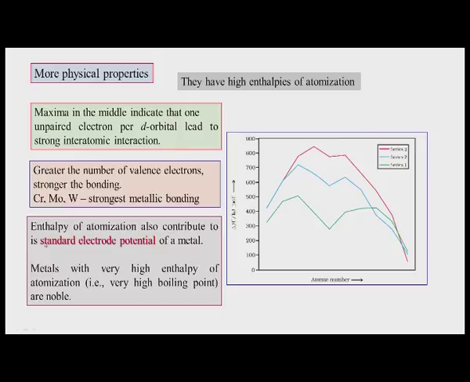So, once we discuss the oxidation state, the corresponding enthalpy of atomization also can contribute to the ionization process. So, the ionization process is also important for knowing the electrode potential of the metal. So, metal first goes to the atomic state. For going to that atomic state, we need to talk about these enthalpies of atomization. So, enthalpy of atomization is an important contribution for the metal to go from the bulk state to the atomic state,